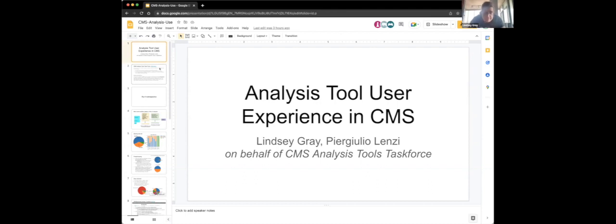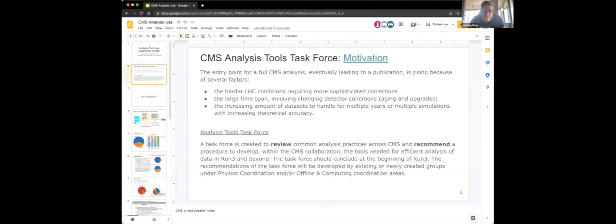As we've had with the rest of the session, this is going to be about the user experience with analysis tools in CMS. So I think I might take a little bit of a different tack, because I'm going to talk more about what we're doing in this analysis tools task force, which I'm one of the co-chairs of. This was a body charged with figuring out what we had done for the past 10 years in analysis and asking people what they've been doing, and also to try to impedance match that with what people are trying to do